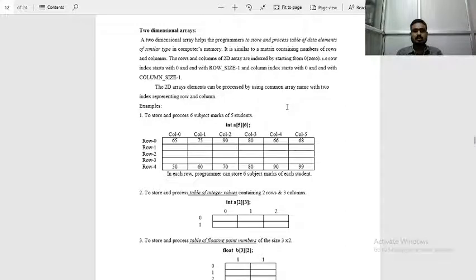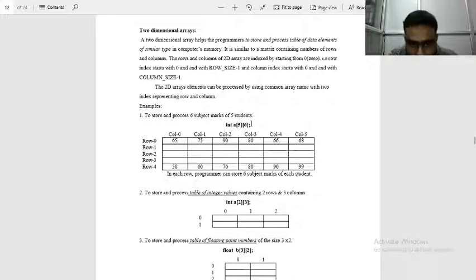The rows and columns of a 2D array are indexed starting from 0: the row index starts with 0 and ends with row size minus 1, and the column index starts with 0 and ends with column size minus 1.